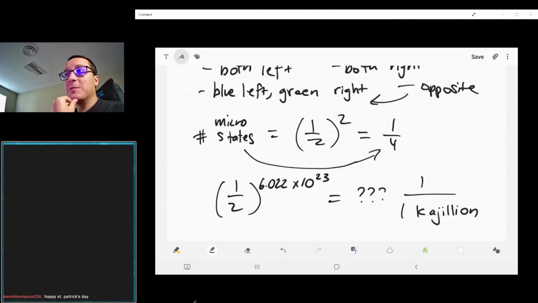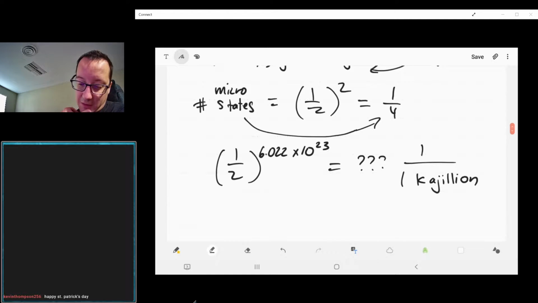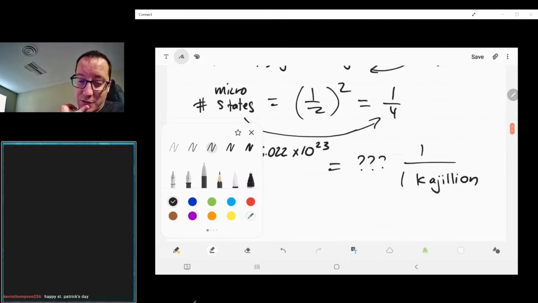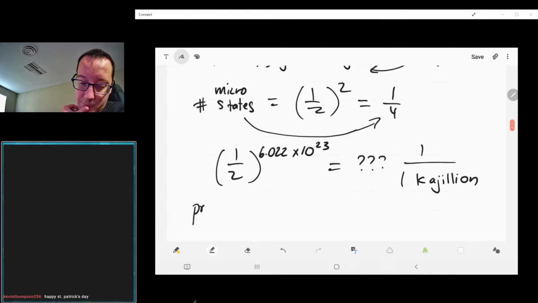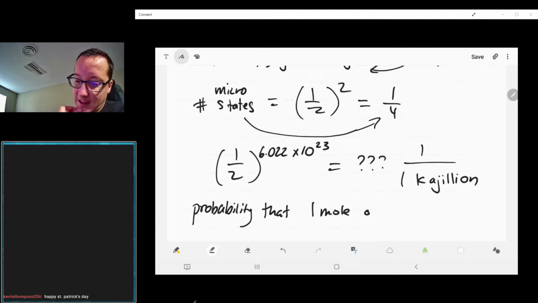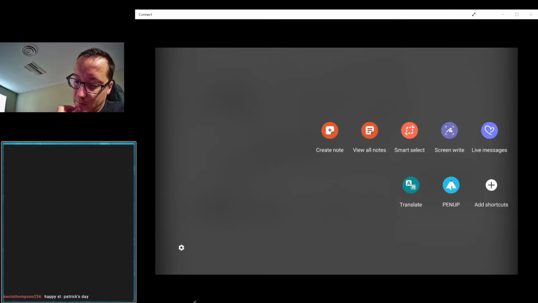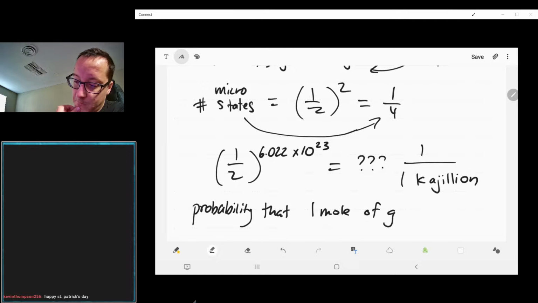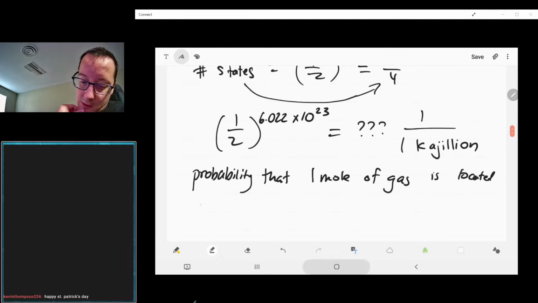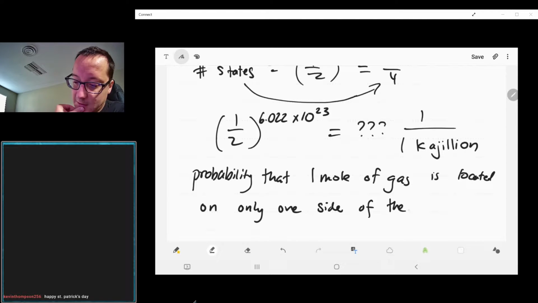Something very, very small, right? So we can see here that if we were to do that, the probability that 1 mole of gas is located on only one side of the flask